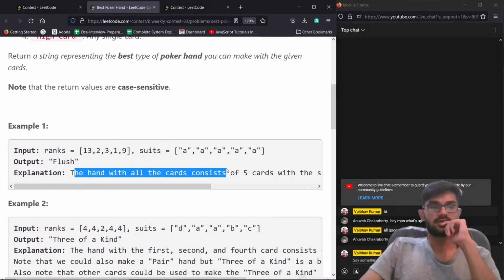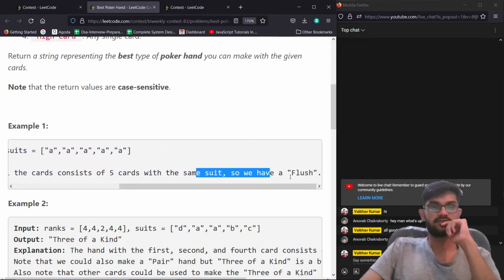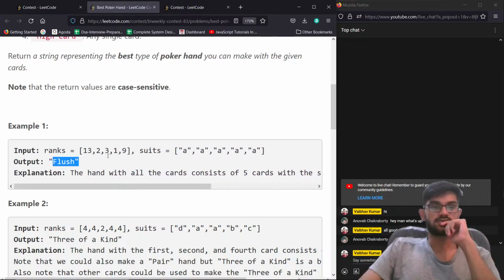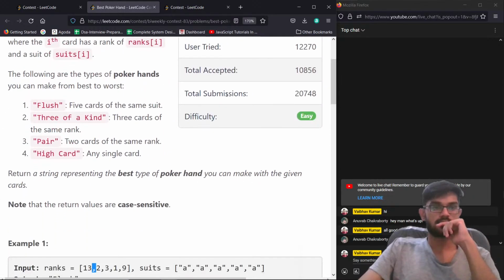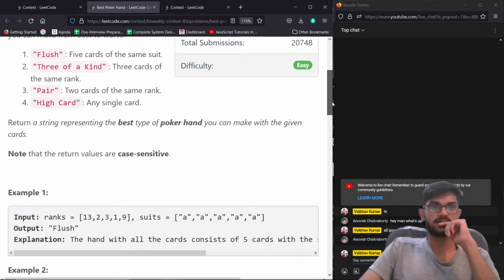So the hand with all cards consists of 5 cards of the same suit. So we have flush. Okay, so suits all same. So flush. Why? Because flush is 5 cards of the same suit. Then this